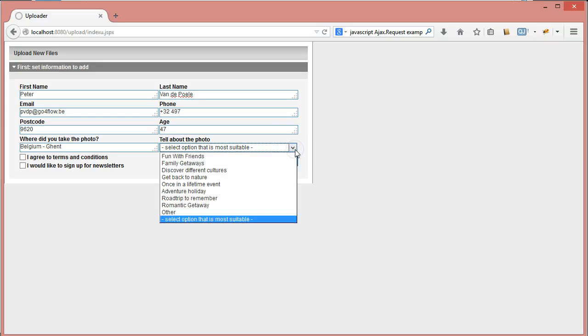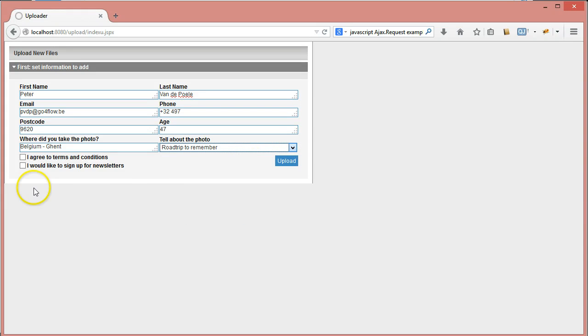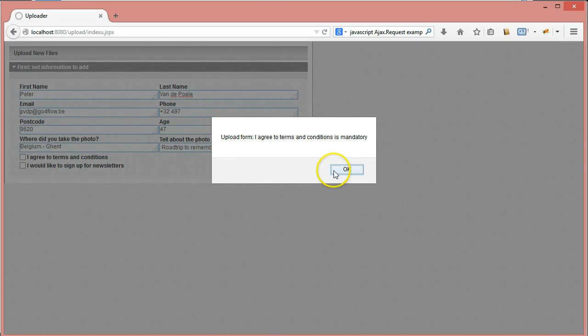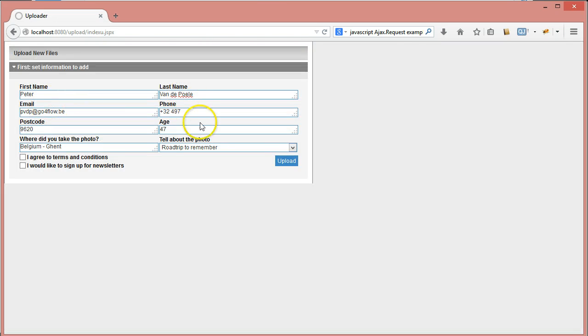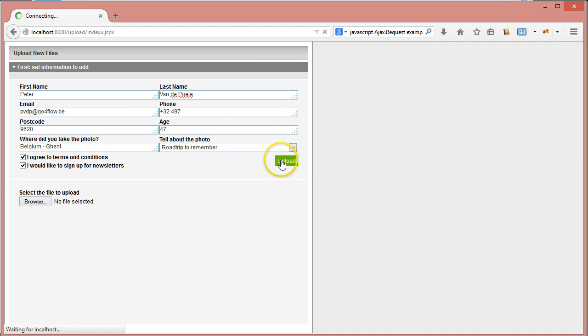select what kind of picture I'm going to upload. I have to agree. If I click upload now, it gives me an error, and it will check on every field if you filled in the information, and I can choose either to sign up or not for the newsletter. When I now click, I get the